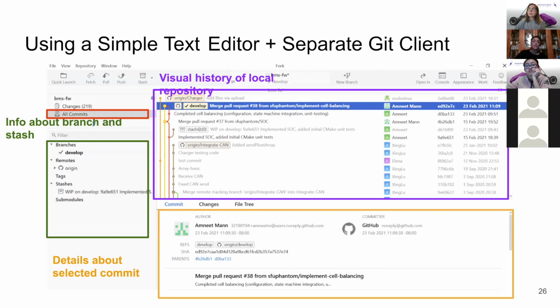Yeah, so there are two main windows in Fork. The first one is the first one that pops up, and it essentially shows you a visual representation of your entire repository. So in the purple box, you can actually see the different branches in your repo and how they're interacting, and